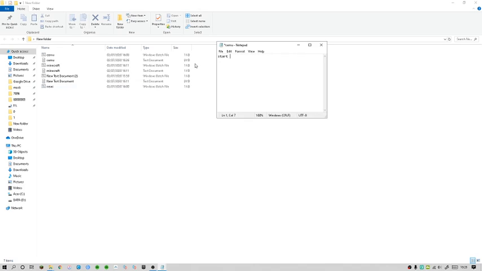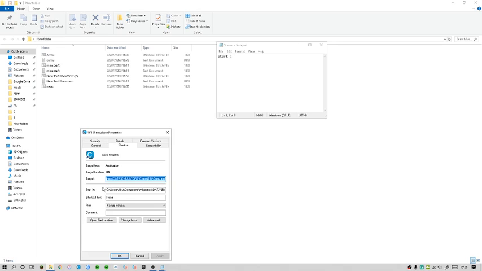and then for example I'm going to be opening CMU, so right click CMU or whatever application you're going to be opening, and then click properties, and then copy the target and then paste it here, and then it should be this. And then once you've copied and pasted it, click save, and then click save as